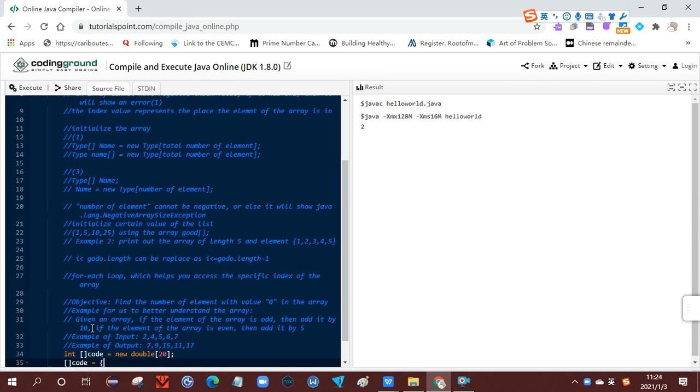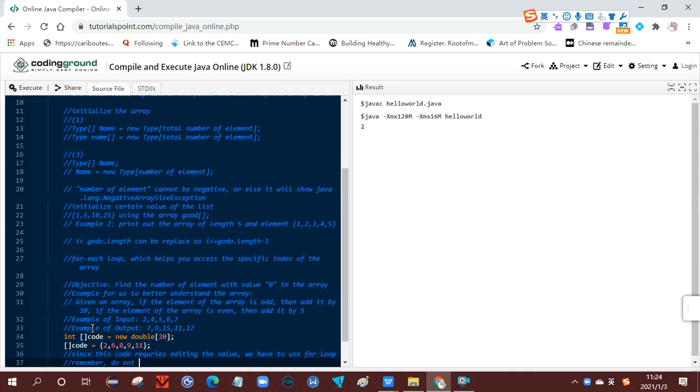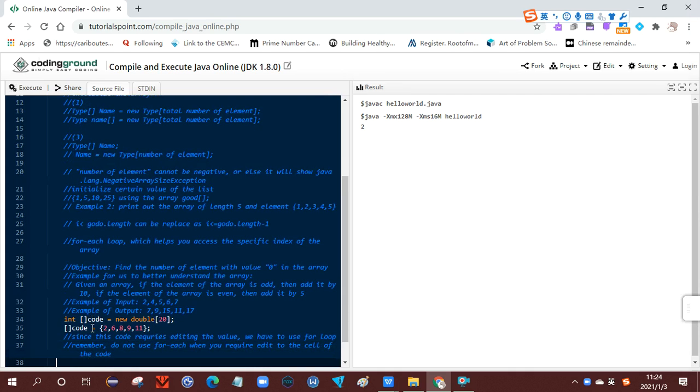Code is equivalent to 26891. Since this requires editing the value, we have to use for. Remember, do not use for each when you require editing a cell of the array. Then we just set for int i is 0, i < code.length, i++,